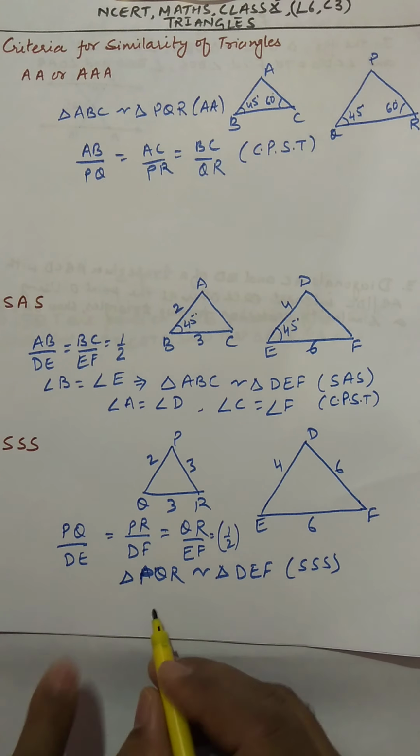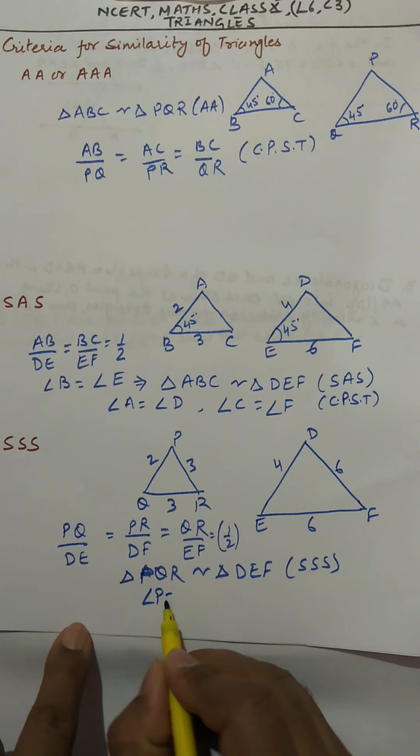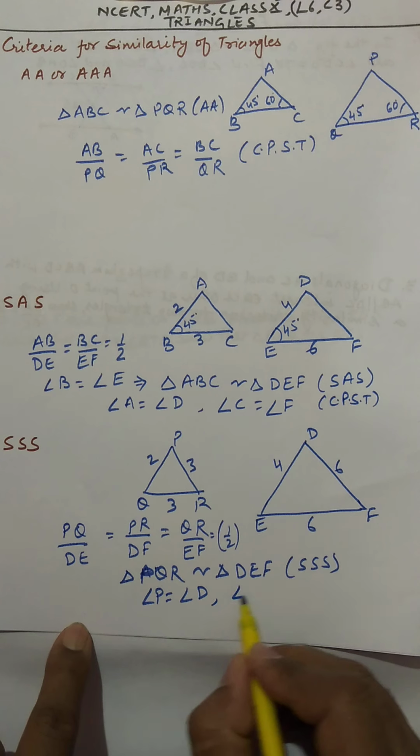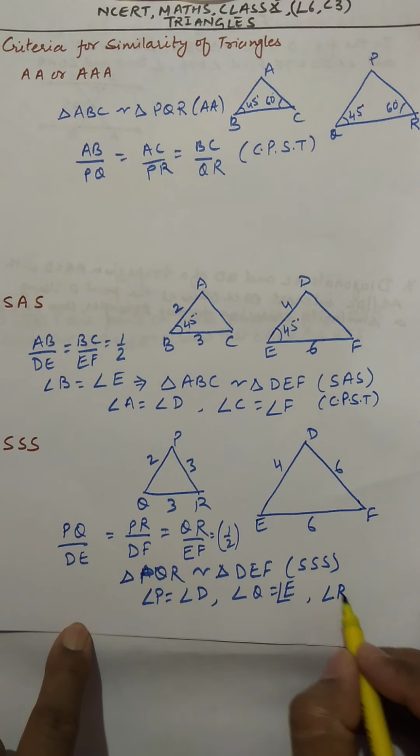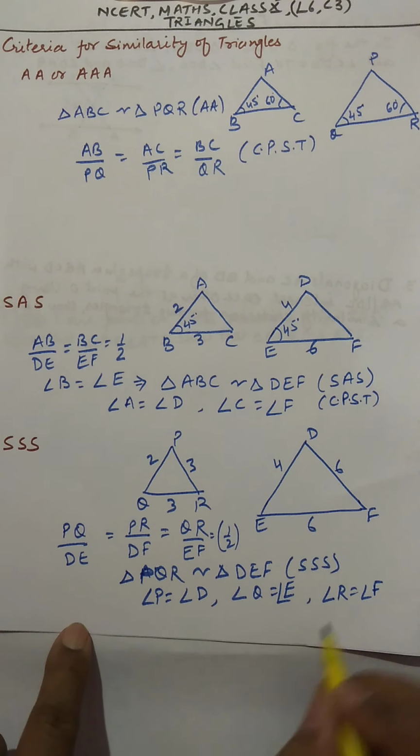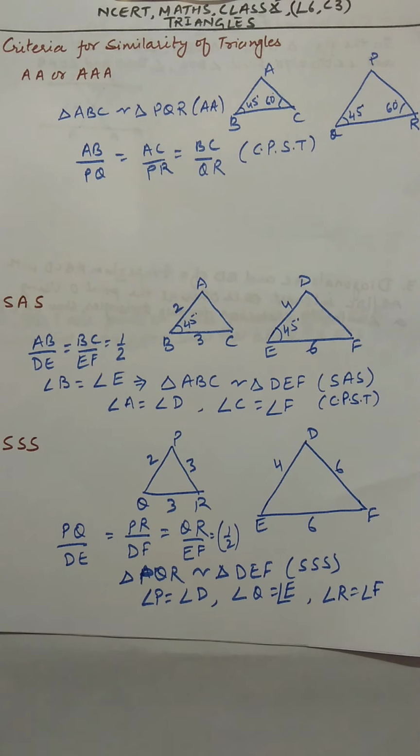बाद आप एंगल्स के बारे में भी कमेंट कर सकते हो कि दैट एंगल P जो होगा वो एंगल D के इक्वल होगा, एंगल Q जो होगा वो एंगल E के इक्वल होगा, और एंगल R जो होगा वो एंगल F के इक्वल होगा. See, all these results are well